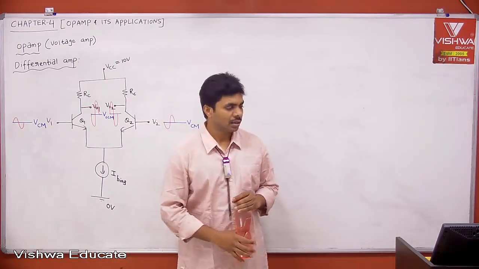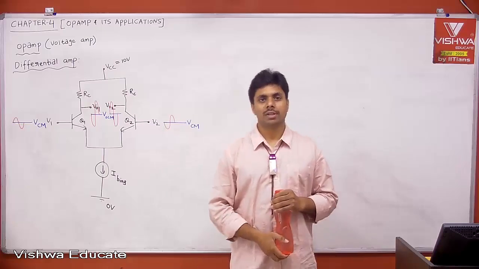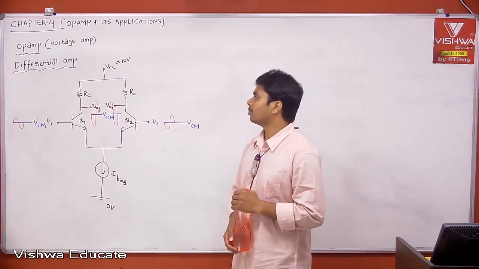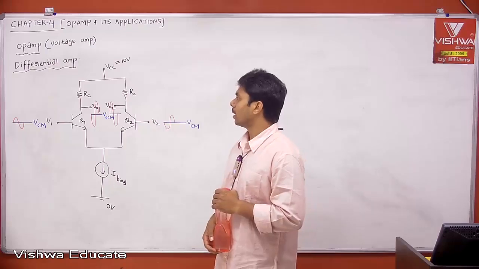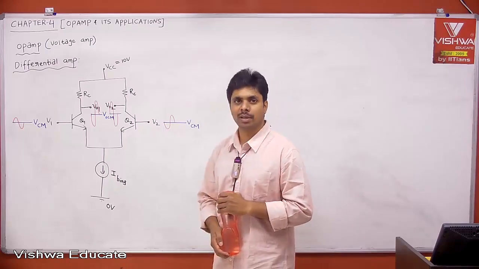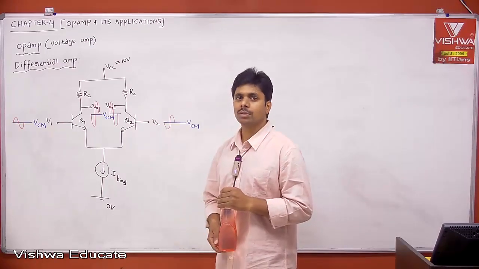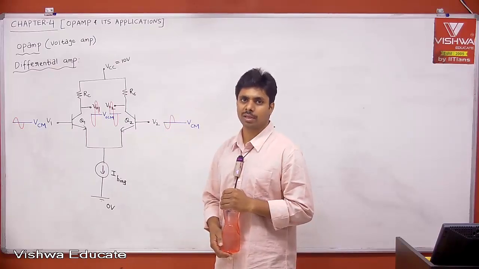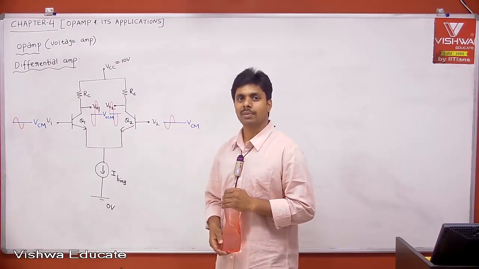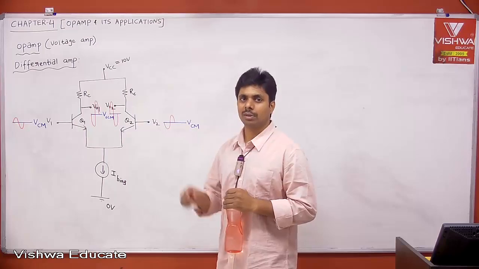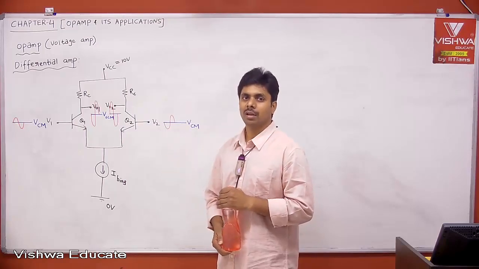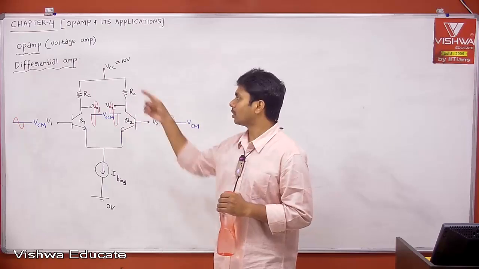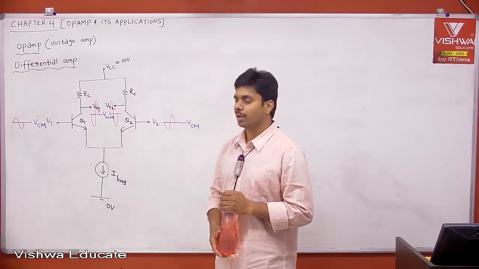Welcome back. In the last session, we started the op amp and I explained the block diagram of the op amp, and I explained what is direct coupling. We could do some coupling, or we could take out the input capacitor and output capacitor by having a dual power supply, but we could not remove the CE bypass capacitor. And how to remove that CE bypass capacitor from the configuration, which is the differential amplifier, that is what I am